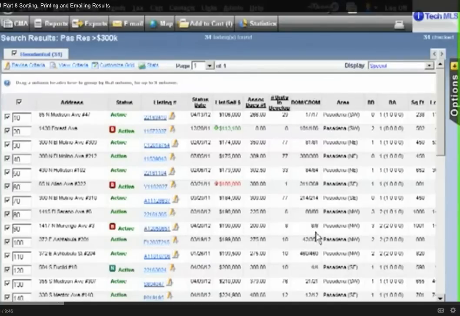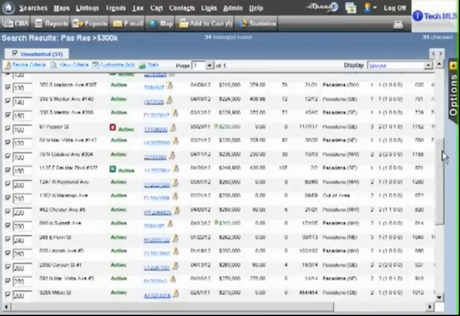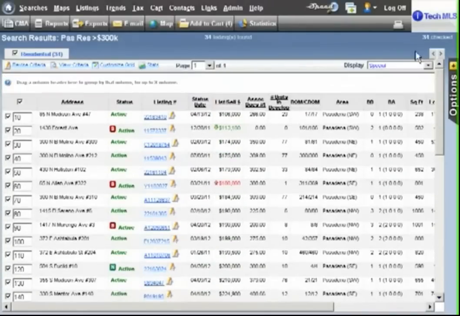Okay, so we're back at our special display, and now we want to sort the results. Now, you'll remember that some time ago we specified that we wanted to view our results sorted by status, well these are all active, and then by price. So basically this list is priced from the least expensive through to the most expensive,